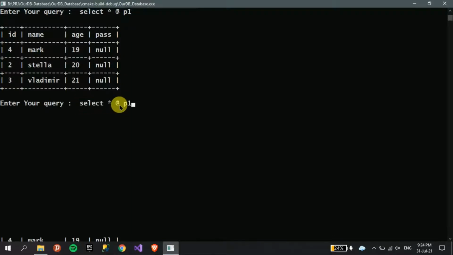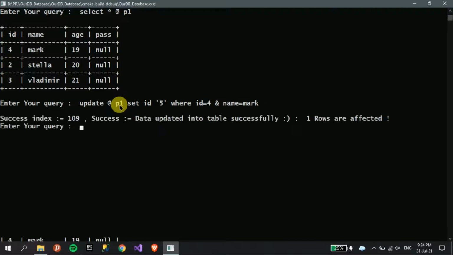Here, if you want to, AND also works: update at the rate id is equal to 5 where id is equal to 4 and name is equal to Mark. As you can see, the id will be 5.